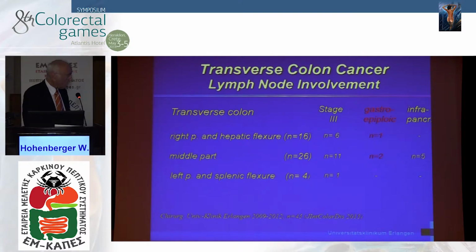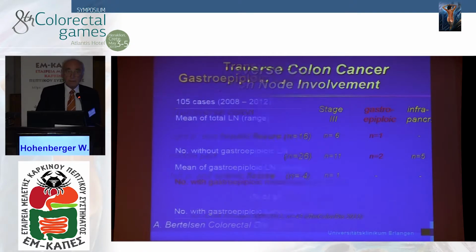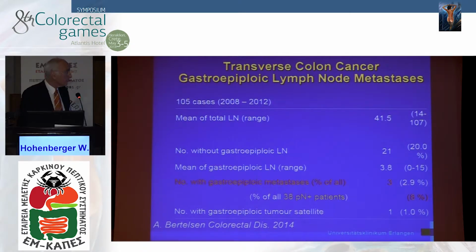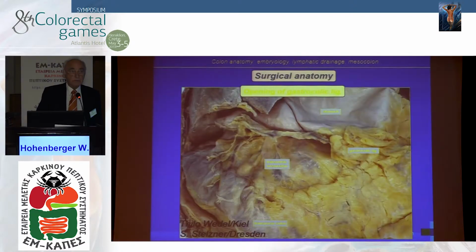And the other paper from our institution, and you see 3 out of 17, so small figures, so we need more data on that. A lot of work to do for you. One sixth in stage 3, so again close to 20%. They are much more frequent than you assume. And there's the third paper from Hillerød in Denmark, Bertelsen, who again published 8% if lymph nodes had been involved. So it has an impact on outcome, definitely.